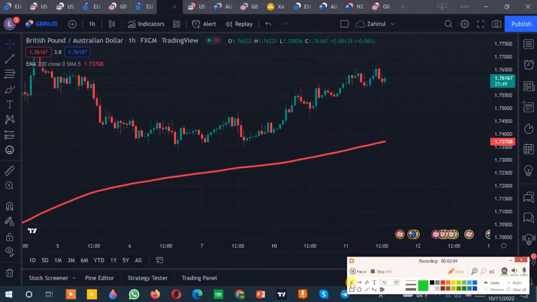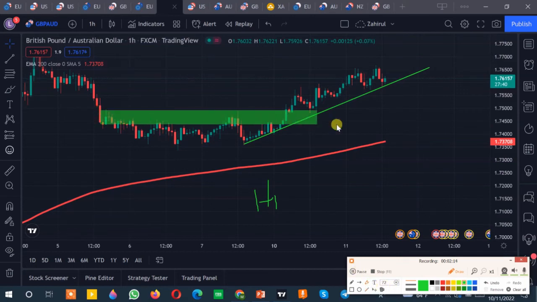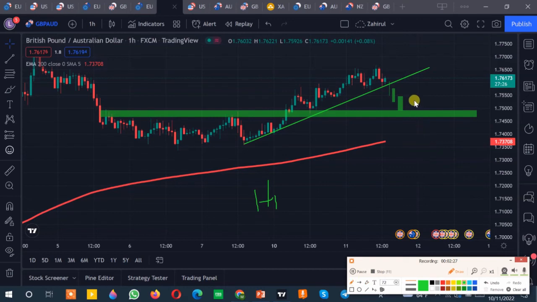According to the H1 chart, it is also an uptrend market. From this uptrend market, we can make a horizontal support here. From this horizontal support, the market is coming in here, and from here we will make a buy. So we can think that it will be our